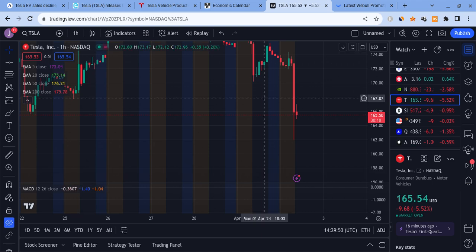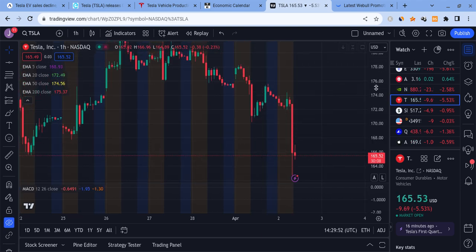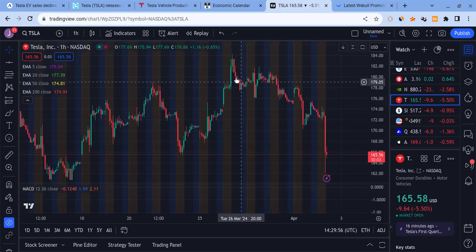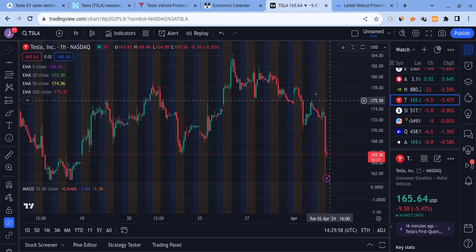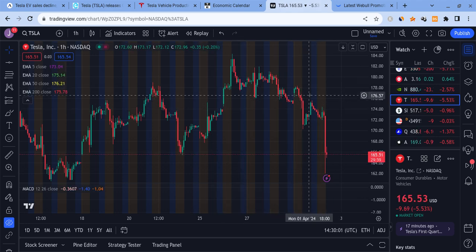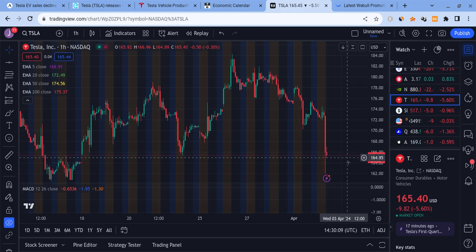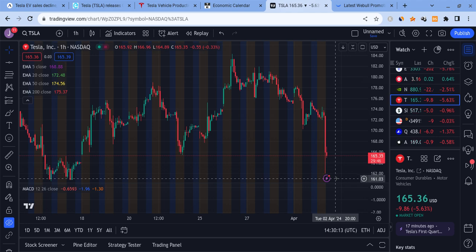Why do I say that? Because when you zoom out, just like this, you can see this trend is still in favor of the bears. Right over here, we can see this very, very nice cup that formed. It's also contracting in terms of its share price. We had this nice little rejection that came off this pop and drop, and we came all the way down to this support right here at 165. Not just holding it, right? We actually lost this temporarily,